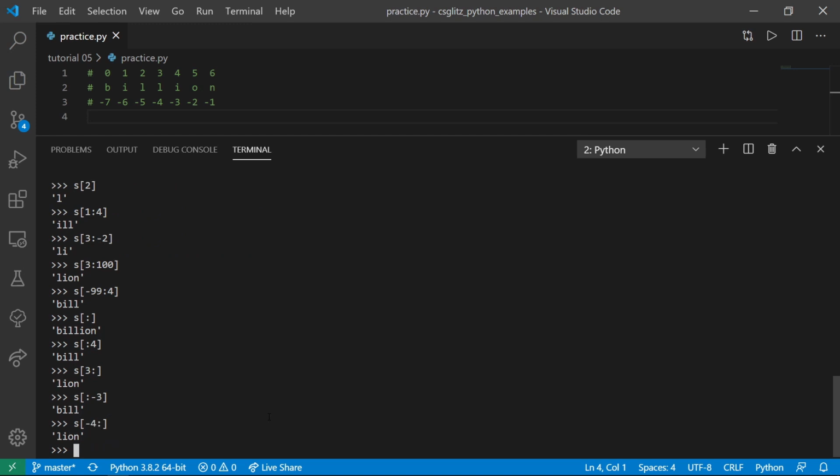Just like the range, there is a third argument, step. By default, its value is 1, but we can change it to any value. This will start from the first index and go till the sixth index, while taking every alternate character.